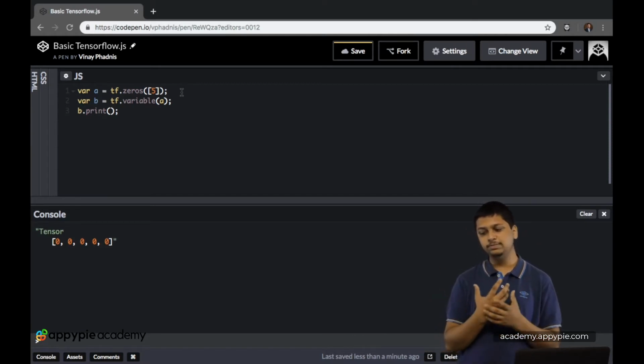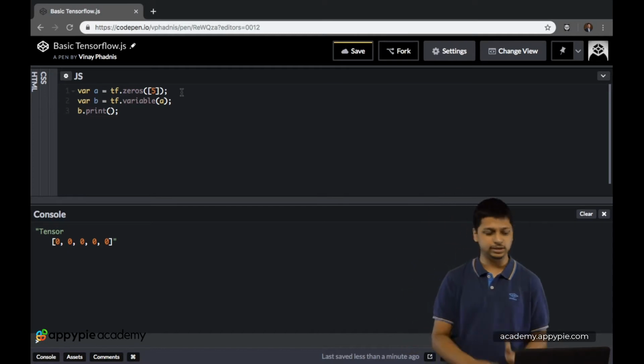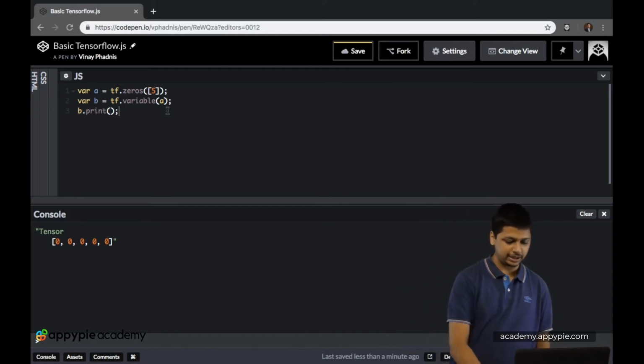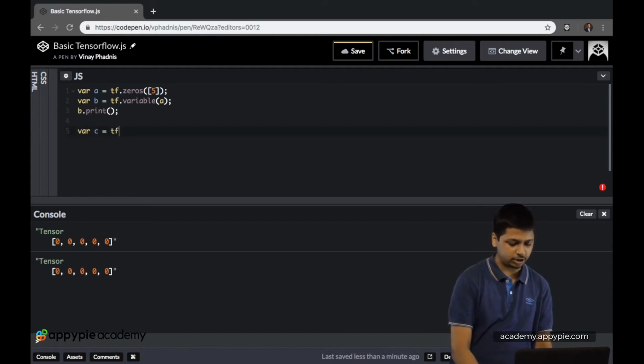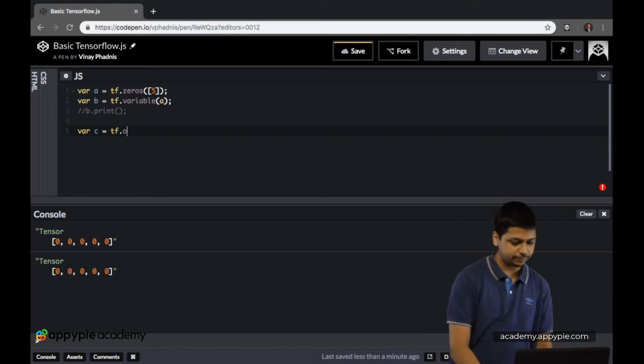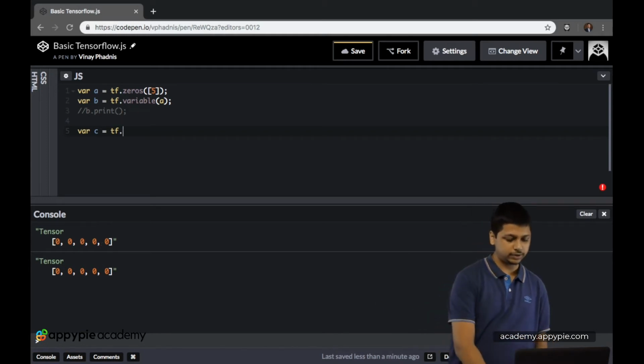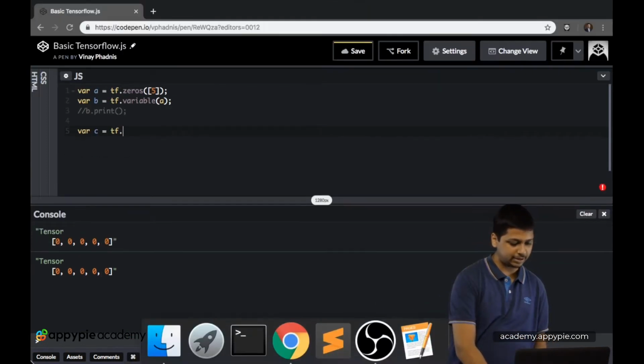So now let's say we want to add some values to the variables. Let's again create a new variable over here. So var c is equal to tf.tensor. Over here, as you can see, we have got a one dimensional tensor of zeros. So now let's also make a one dimensional tensor.